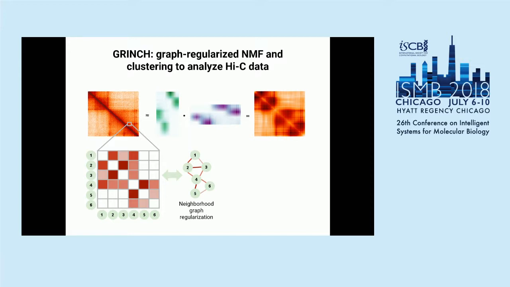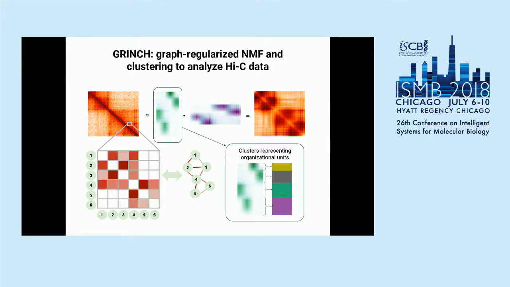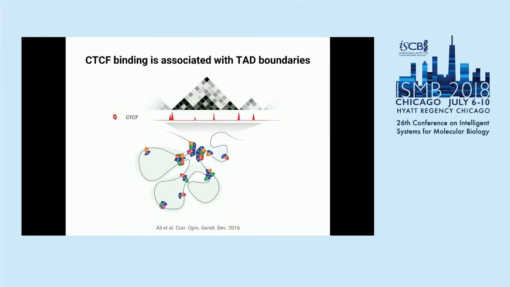So SPADIS actually penalizes proximity. We're actually encouraging proximity when we're grouping things. So using that regularized factor, we derive the final clusters of genomic regions that represent the organizational units of chromosomes. In order to evaluate the biological significance of these Grinch clusters, we looked at the binding